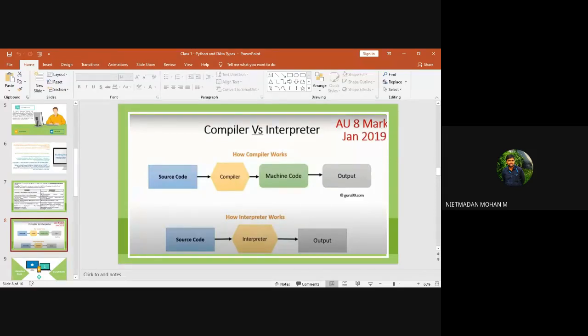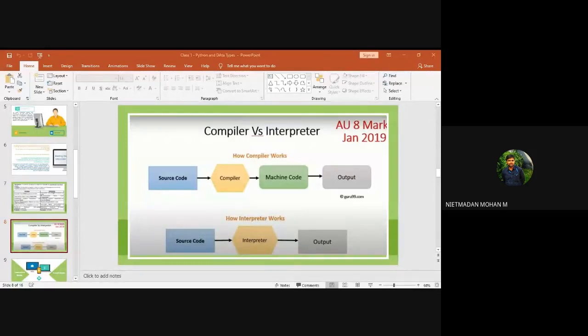Faculty details collection. Wait a minute.